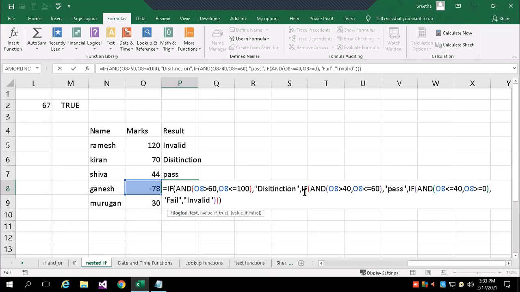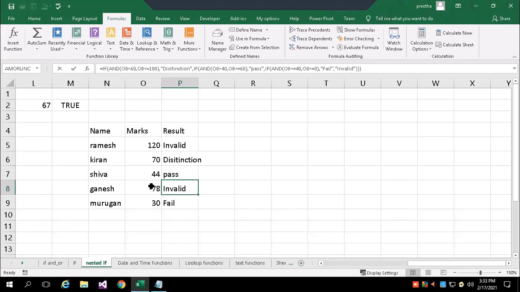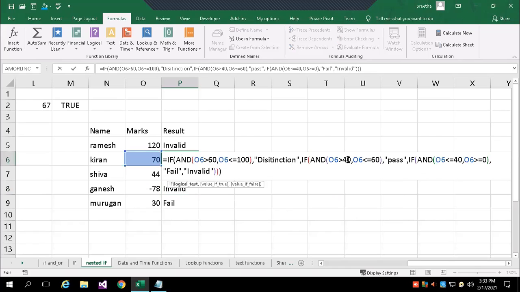Whenever you use AND, it should satisfy both conditions, and only then will that result be written. So when it's comparing here, how did I get distinction? What is the distinction criteria? Greater than 60. You can see 70 is greater than 60 and 70 is within 100. So you are getting distinction. Both conditions must be satisfied, and only then will AND return true.